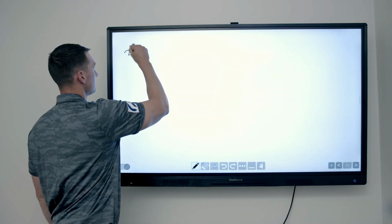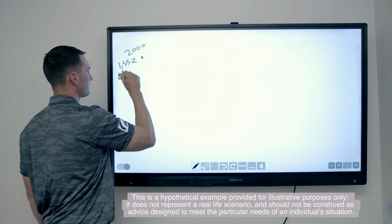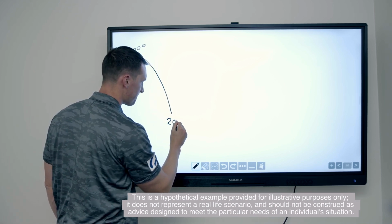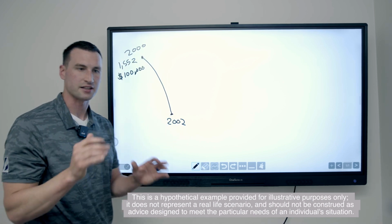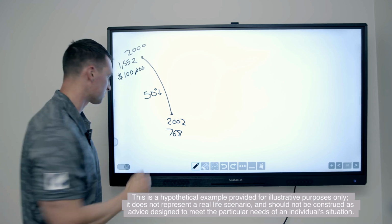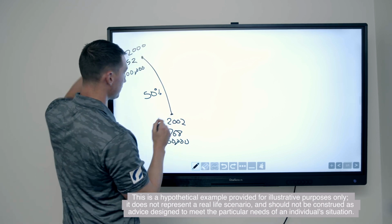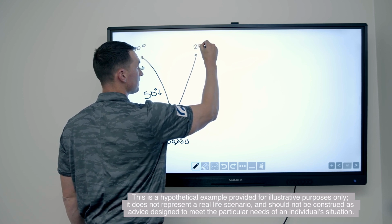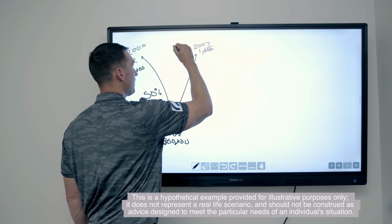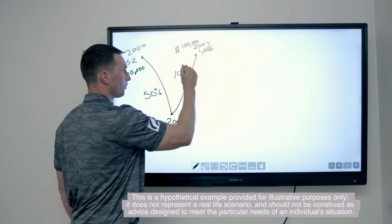So in 2000, the S&P 500 was at 1,552. That was the peak. And let's say you had $100,000 that you were working with in the market at that period of time. From 2000 to 2002, when the bottom finally dropped all the way out of the market, the S&P 500 at its low point was 768, which is a 50% decline. So your $100,000 is now $50,000. And it took, like we said, 8 long years from here to get all the way back to 2007, when the market finally recovered and the S&P 500 went to 1,565. So finally, in rough numbers, your $100,000 is finally worth $100,000 again, after the market went up 100%,